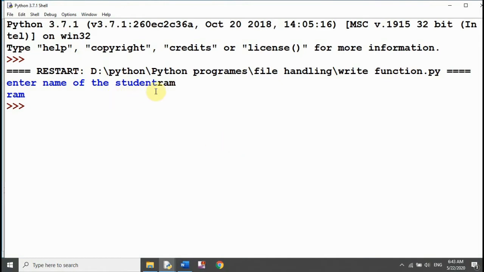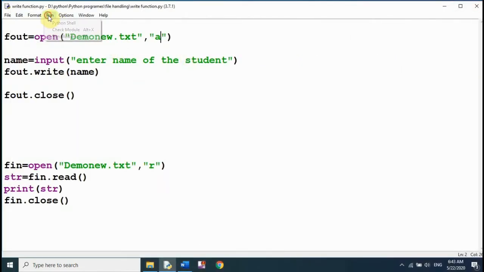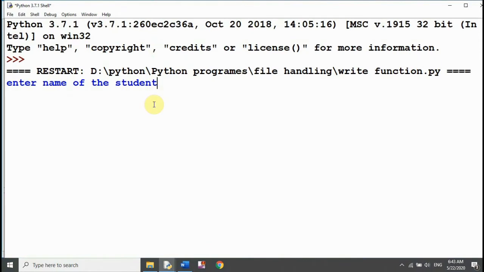We have entered this name and it is in the file. Let's run this program again. Ram and Kisan: this is the old data and this one is the new one.